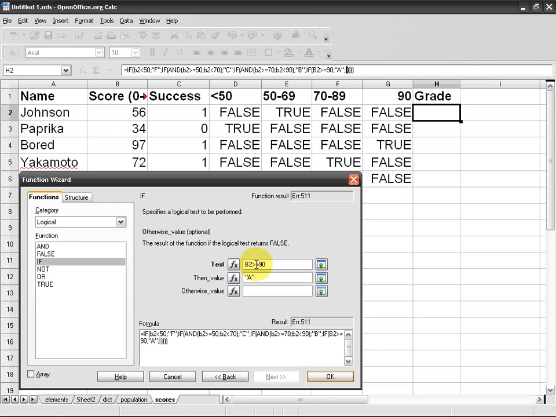So if the grade is lower than 50, or from 50 to 70, 70 to 80, 80 or more, and